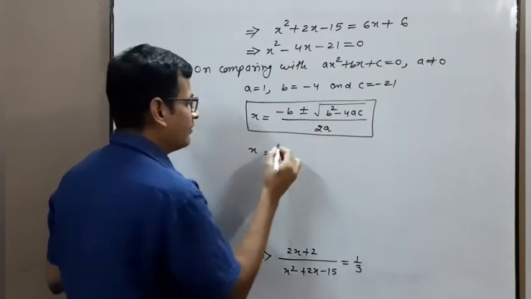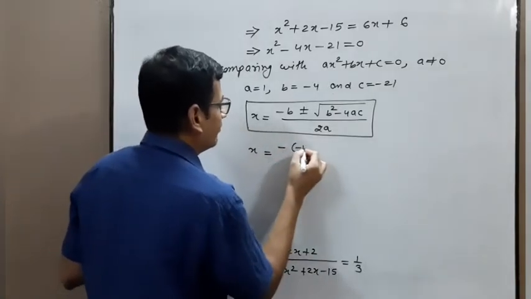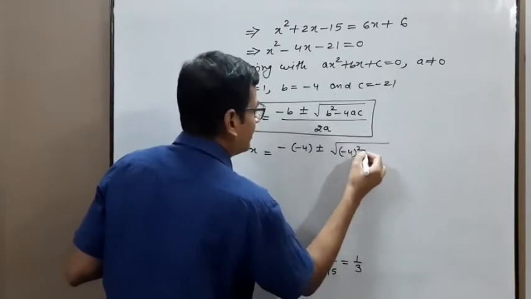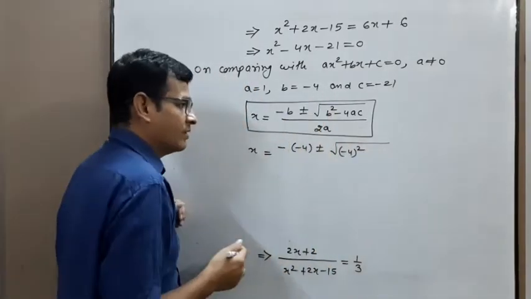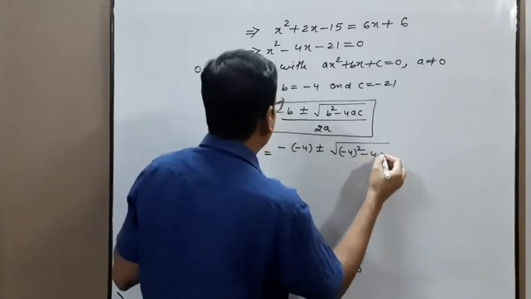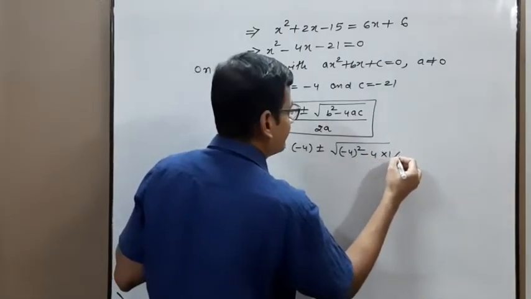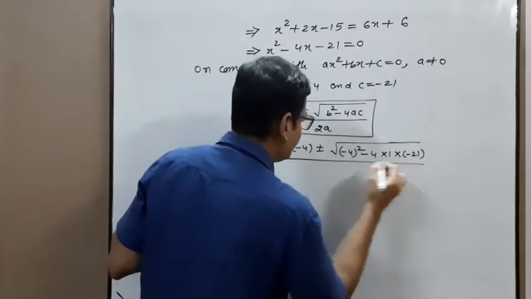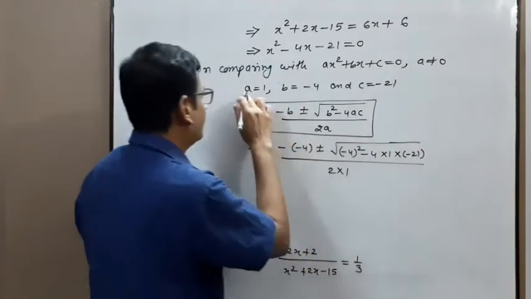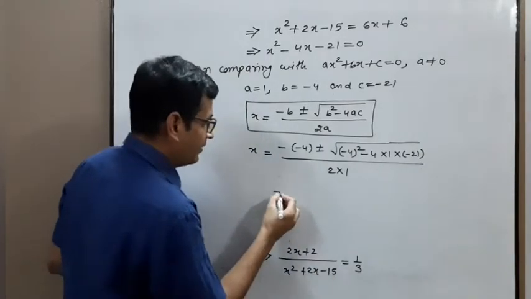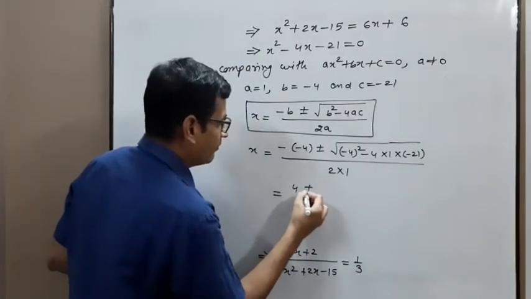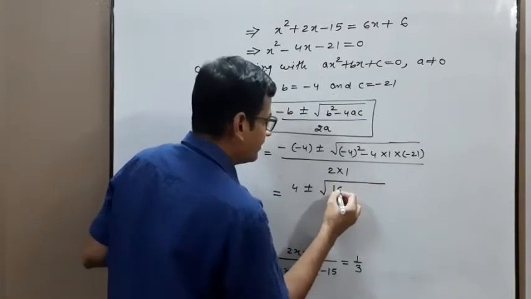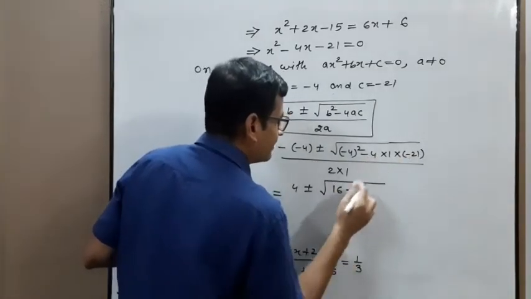Now substitute all the values. Minus b is minus of minus 4, plus minus square root of minus 4 whole square. B square means minus 4 whole square. Minus 4ac, a is 1 and c is minus 21, so write it in brackets, upon 2 into a, this is 2 into 1. Simplify: 4 plus minus square root of 16, minus into minus is plus,